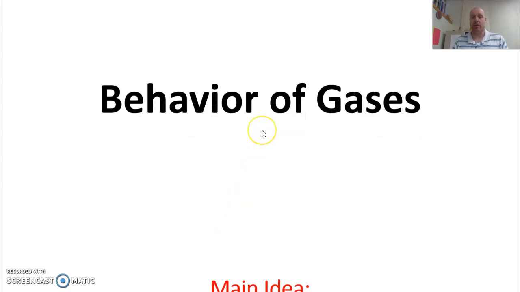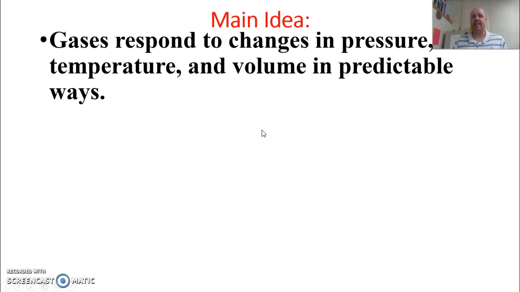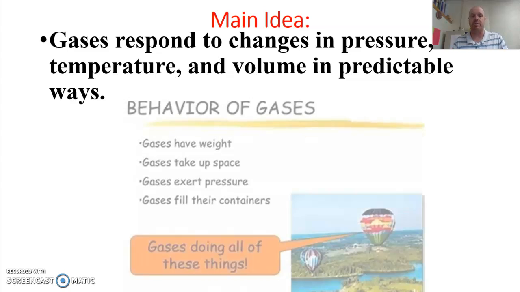One of the main things that we need to know about the behavior of gases is that gases respond to changes in pressure, temperature, and volume in predictable ways. This is kind of the main idea. It's kind of interesting because gas comes from the Latin word for chaos, because the molecules inside the gas are constantly moving around and changing direction and location. Even though that is kind of chaotic, we still know that a gas contained in a cylinder, this empty water bottle for instance, we're going to know how it responds to changes in pressure and temperature and volume because we've done it over and over again, repeated experiments.